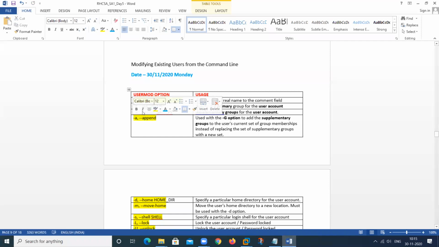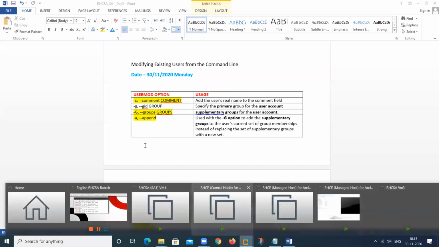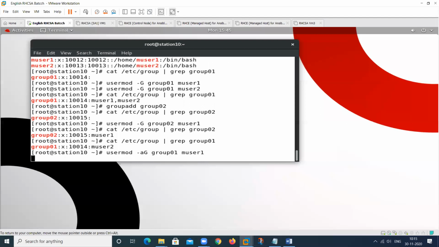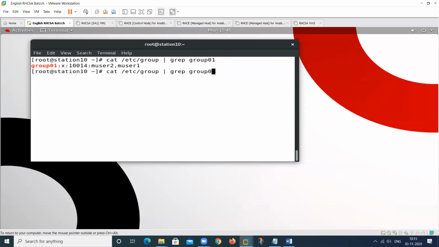So this will complete these two parts. I will show you. I want to add this particular group, this is my group01, and this particular user. Now you can check here. This is my group1 and this is my group2.